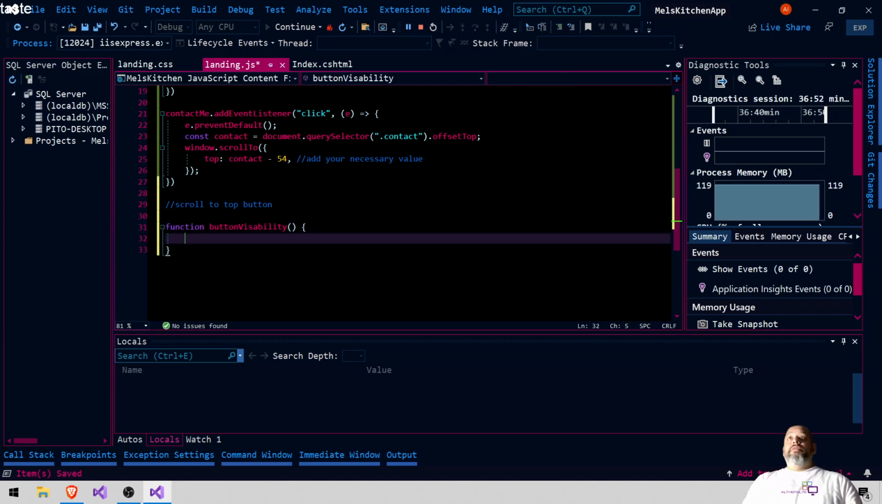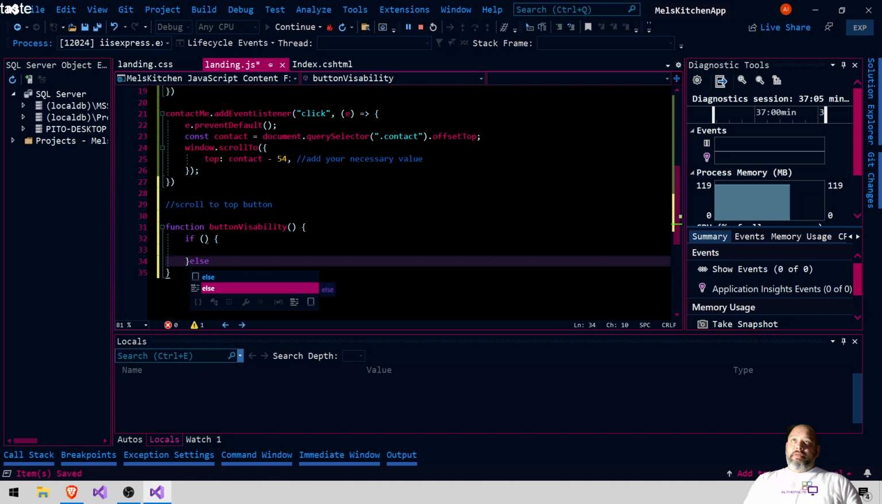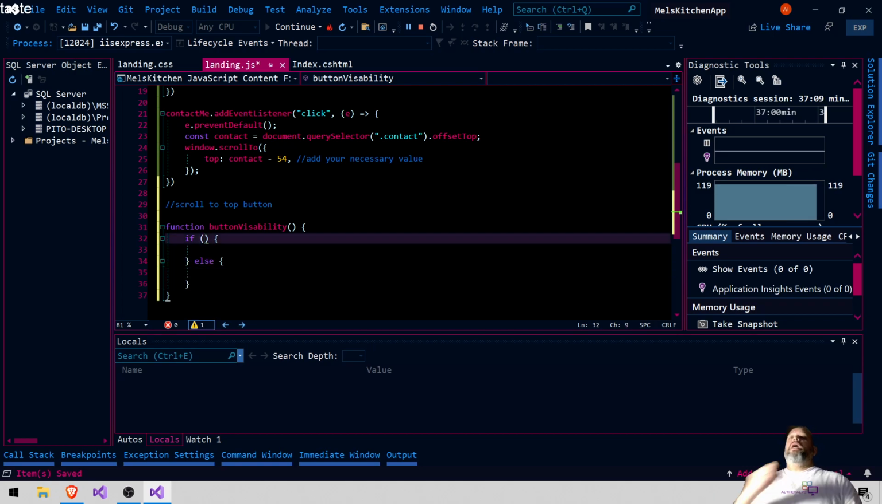But the function visibility is going to have, let's see what we want in here. Okay, it's going to have an if statement and an else statement here. Alright? And this is what we're going to use. And we're going to put if the